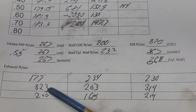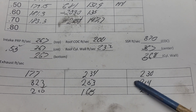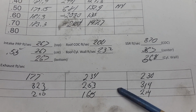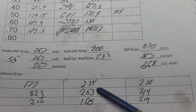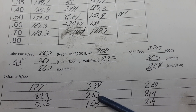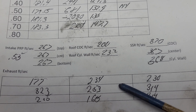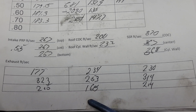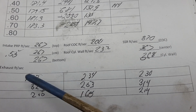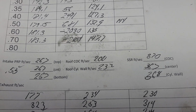The exhaust, we got fast here. Not bad in the middle. Fast here. It's still, if you look through the middle, from the right to the left, that's not bad. You got to remember this is a very tall, narrow port, so it's tough to even get, you know, 9 measurements on that. A little bit low in the middle, floor here, and a little bit dead on the outside corner. But overall,